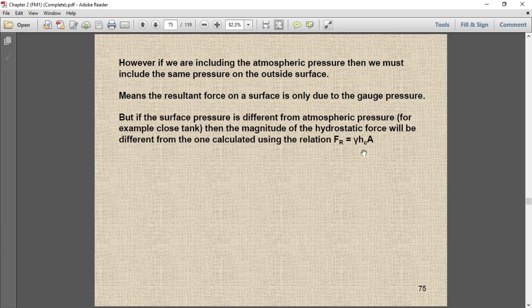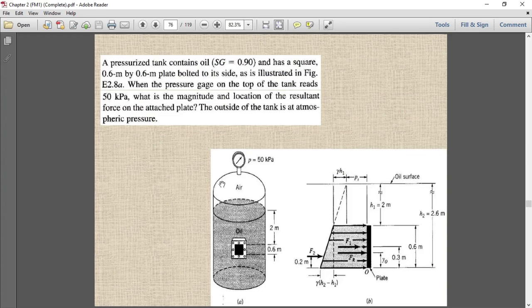This equation applies when the pressure acting on the free surface is atmospheric pressure. But if the pressure is not atmospheric, see here, this is a closed tank,